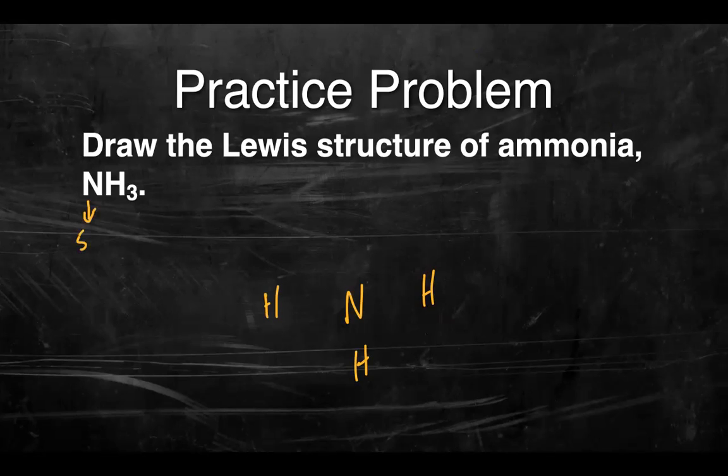Nitrogen has 5, 1 each for hydrogen, that's 3, so that's a total of 8. Put in my single bonds, that's 2, 4, 6, and then give nitrogen its octet. Remember, hydrogen's an exception that doesn't ever have an octet. So I have fulfilled the octet rule for all of my atoms, and I have met exactly the number of